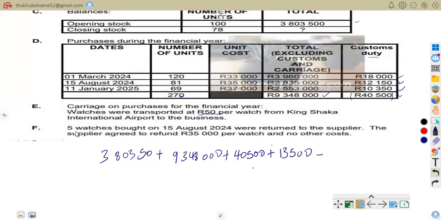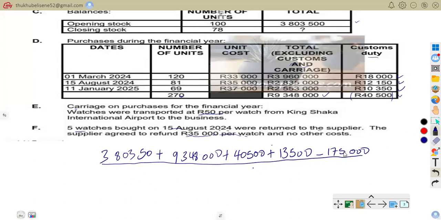As it says, 5 watches bought on 15 August 2024 were returned to the supplier, and the supplier agreed to refund how much? 35,000 per watch. So how many watches were returned? There are 5. So we're going to say 5 times 35,000, then it will give us 175,000. So that is that. So all this we are going to divide by